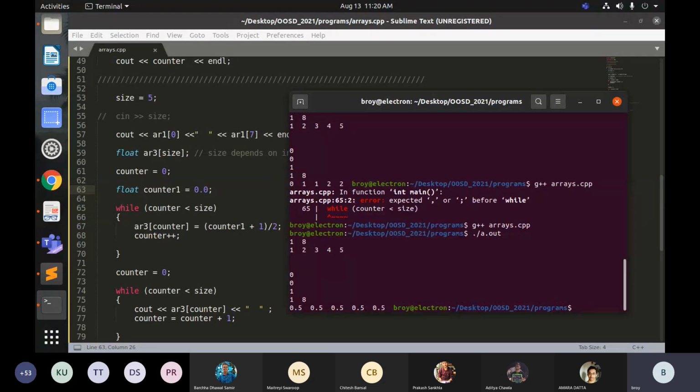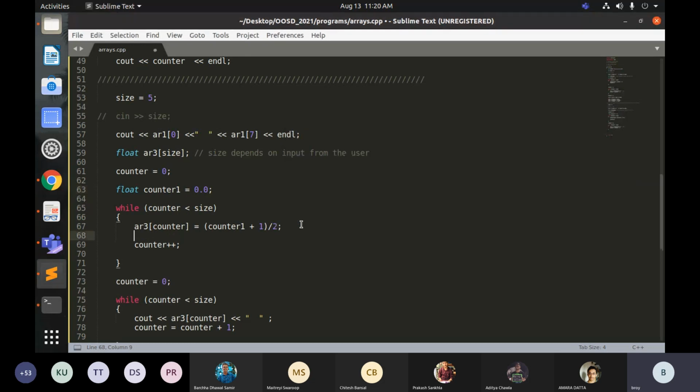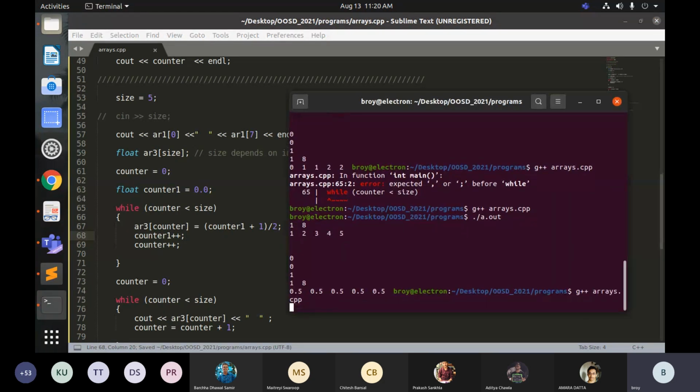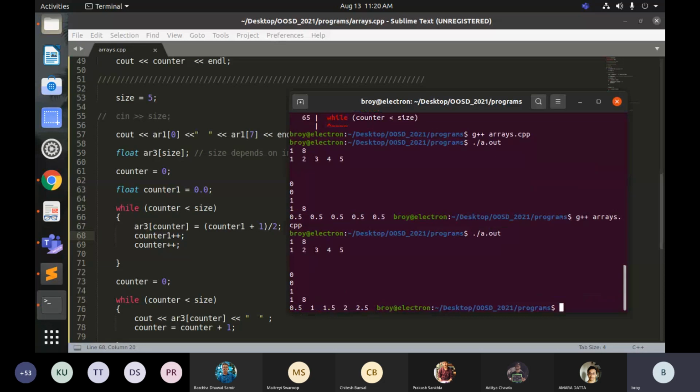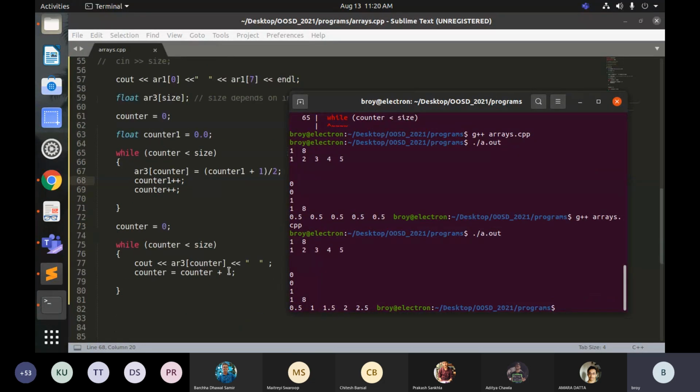Yeah, fine. But wait, so I'll have to do this thing. Counter 1 plus plus. Okay, we are all good here. That's fine. So floating point array, and